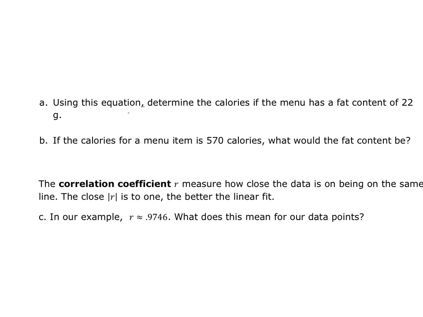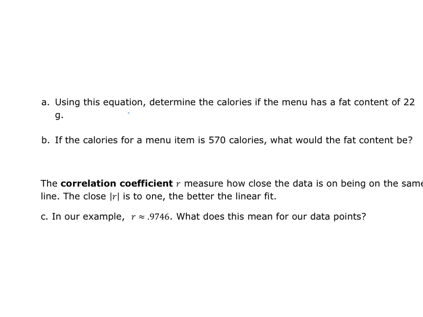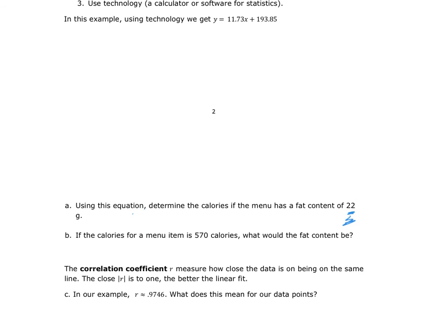Once we have found our line of best fit, we can determine the calories if the menu item contains 22 grams of fat. So we can take our line of best fit up here, which was y equals 11.73 times 22 plus 193.89. Get my calculator out, and I can tell you that it will be